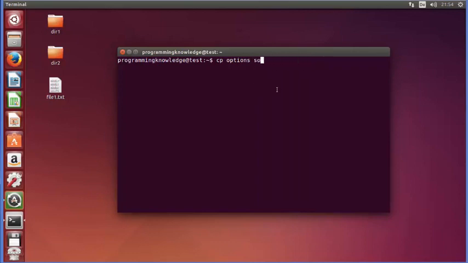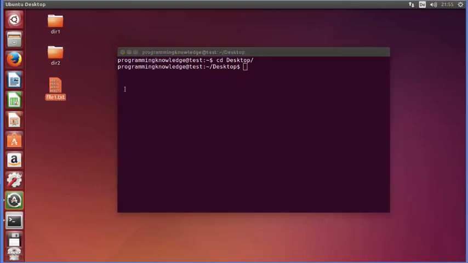So let's get started. First of all, I will cd to my desktop, and in here in the desktop you can already see that I have two directories and a file. So for example, I want to copy a file into a new file. So what I can do is I can just write cp and then I can just write the name of my file 1 which I want to copy,